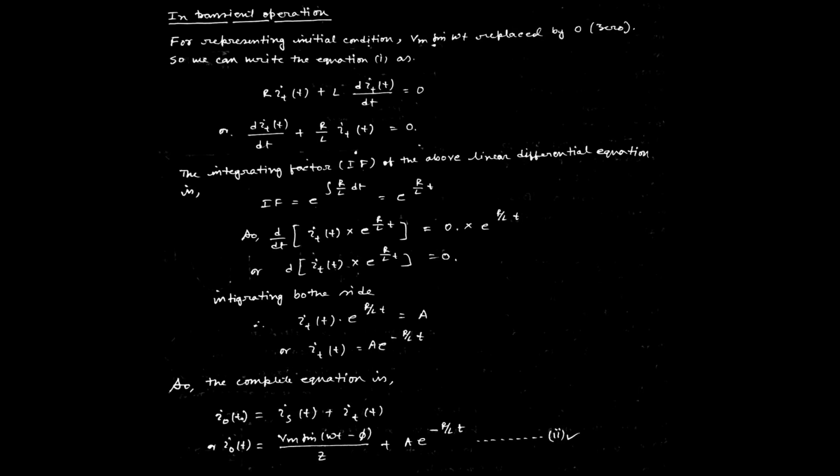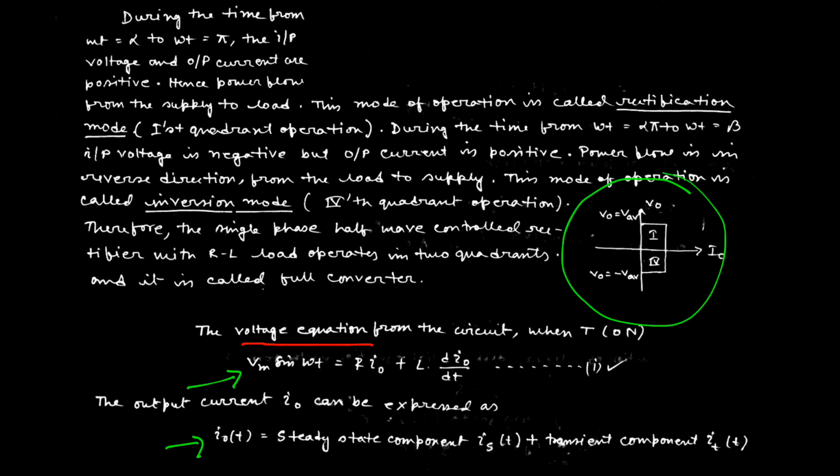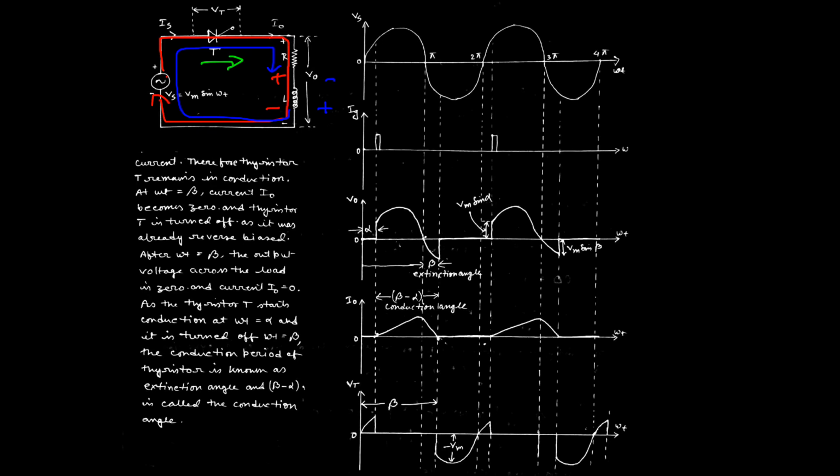Transient operation can occur at the initial condition or at t equal to 0. So, at t equal to 0, the output voltage and the output current both are 0. If we consider from 0 to alpha at this particular position, there is no output current. That means under the transient case, at t equal to 0, we can say the output current expression will be 0 as well as the voltage expression will be 0.